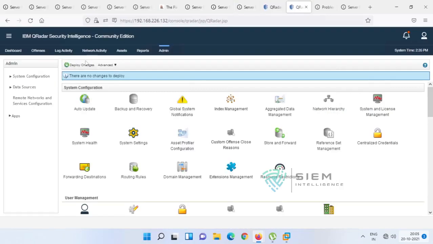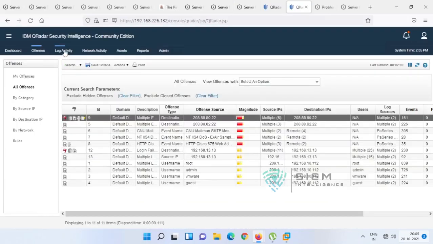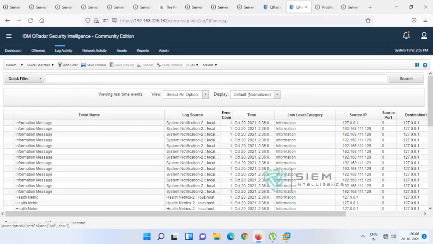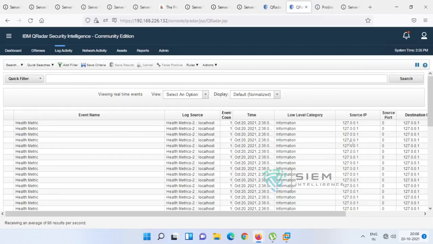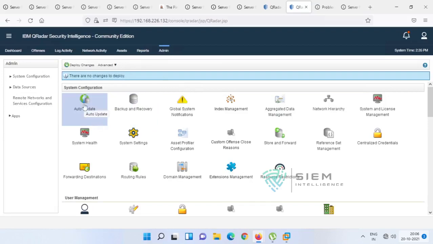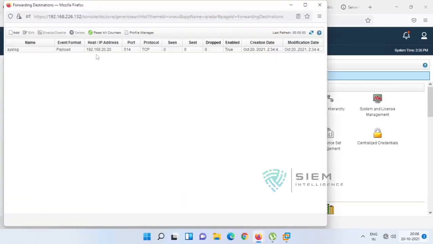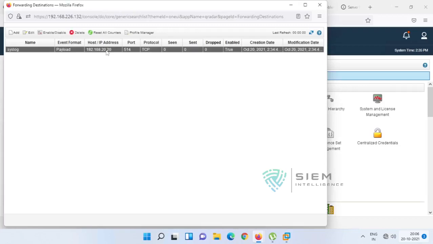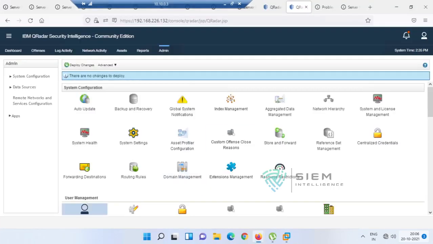No worries. So you can set all these things. Like that, we have seen auto update. Any doubts on auto update? In forwarding destination, you are forwarding, source IP is the same, and destination IP also. See, destination is 192.168.20 something. So here I'll show you, one minute. Routing rules, you can come to know.